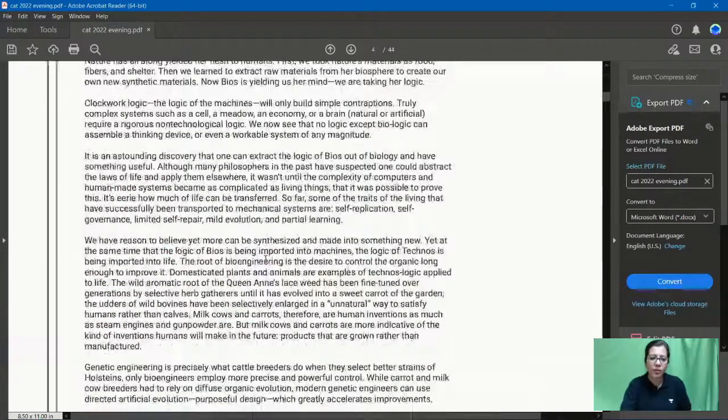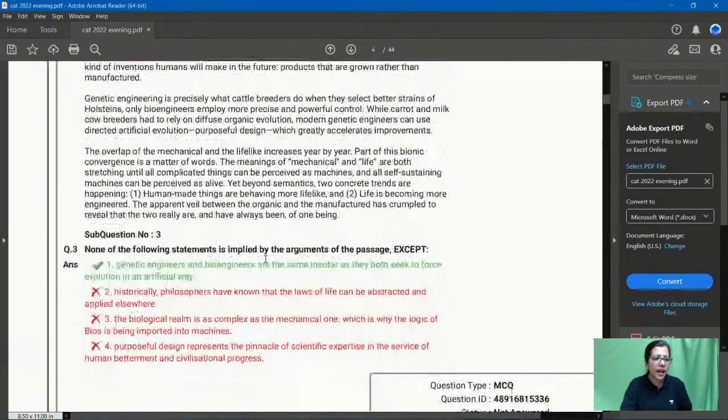I go over to question 3. Question 3, I would happily skip because this question is going to take me time. So except bola hai, none of the following is implied by the arguments means 3 true hai, 1 false hai. None are implied, sub false hai, except. So 1 true. But whatever, even if I get this structure clear, it's going to take me time because I have to check the random sentences.